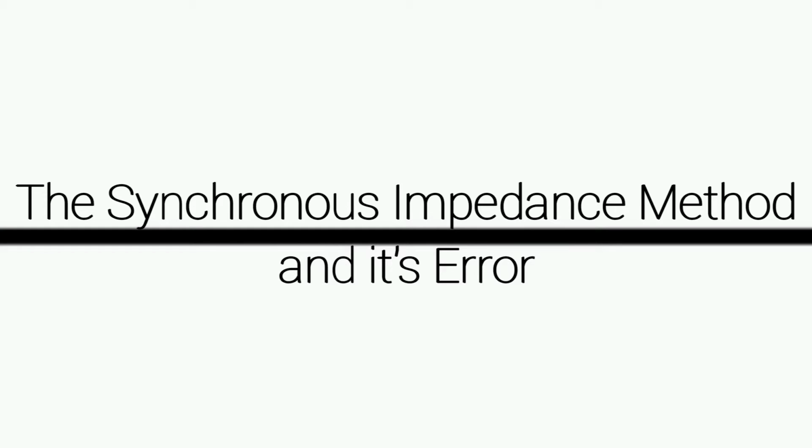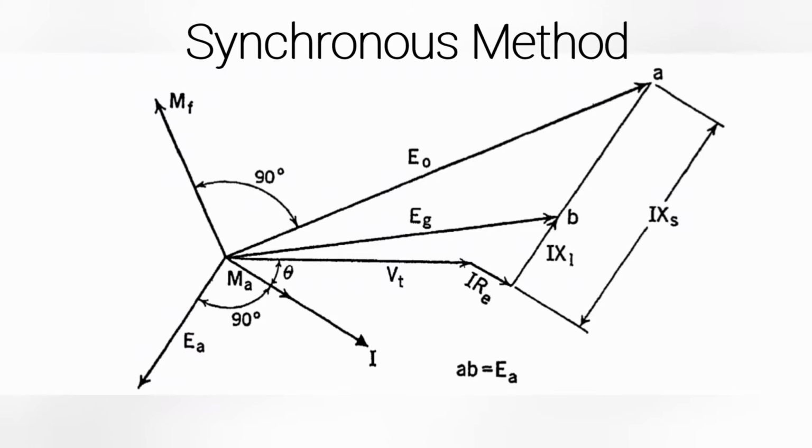Good morning, this is the presentation for the synchronous impedance method and its error. Let's refer to the graph below. Vt is the rated voltage per winding phase, regardless whether Y or delta connections are used. I is the rated current per phase, and the angle is the PF angle for which the regulation is to